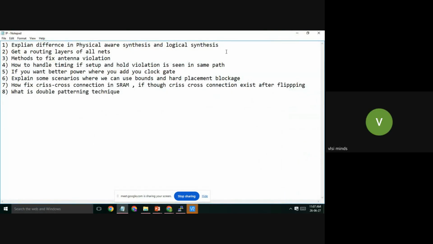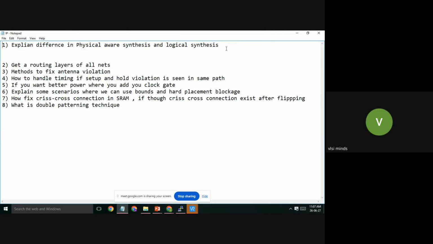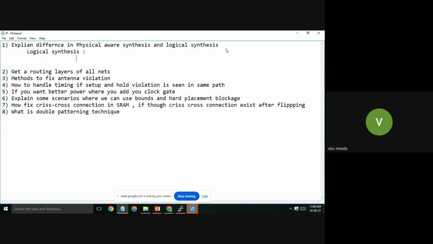Yeah. So now I can just mention that, right? What is logical synthesis? In logical synthesis, synthesis is done without floor plan information or physical information, right?